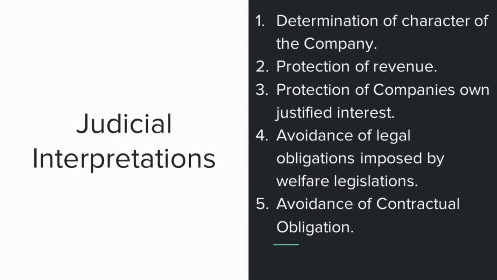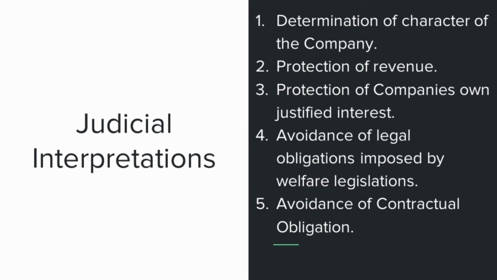Right? The second one is protection of revenue. Normally, a company has to pay income tax to the state. If the company is not paying tax, thereby evading it, then courts will lift the corporate veil to see the real intention of the companies. Sometimes the lifting of the corporate veil is necessary for the benefit of revenue, where the separate entity of the company is used for